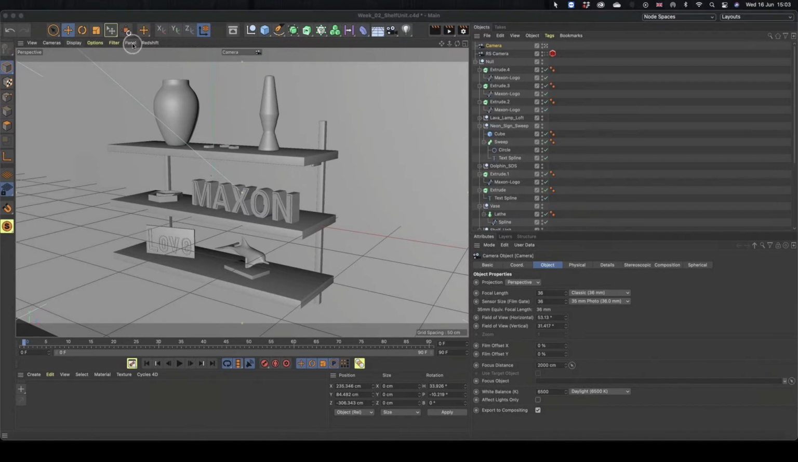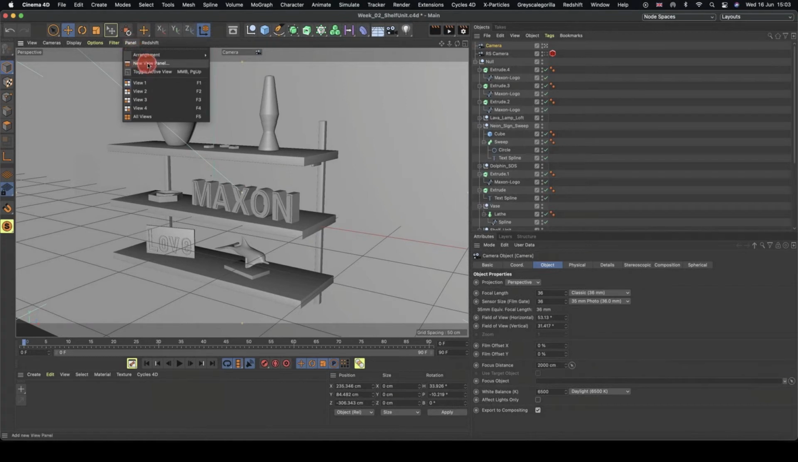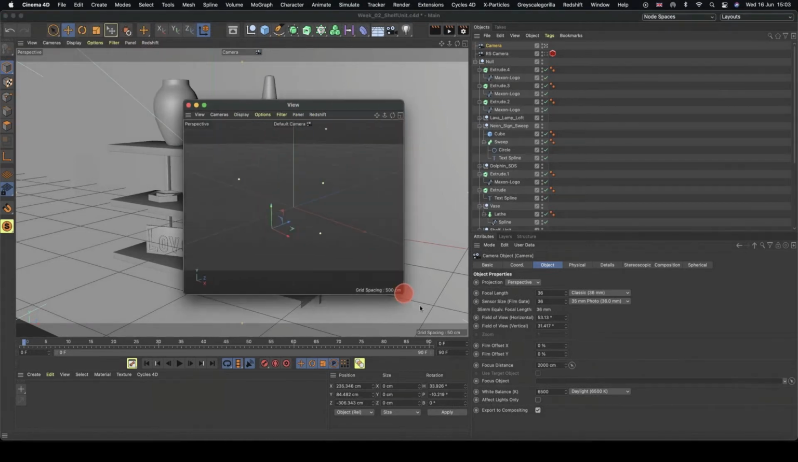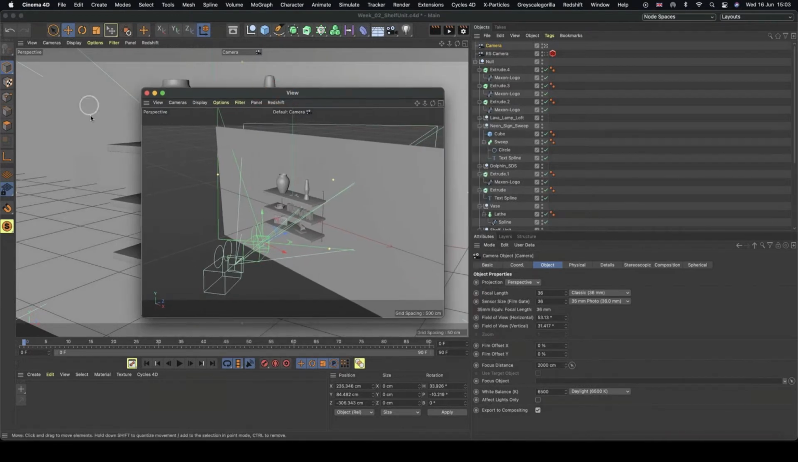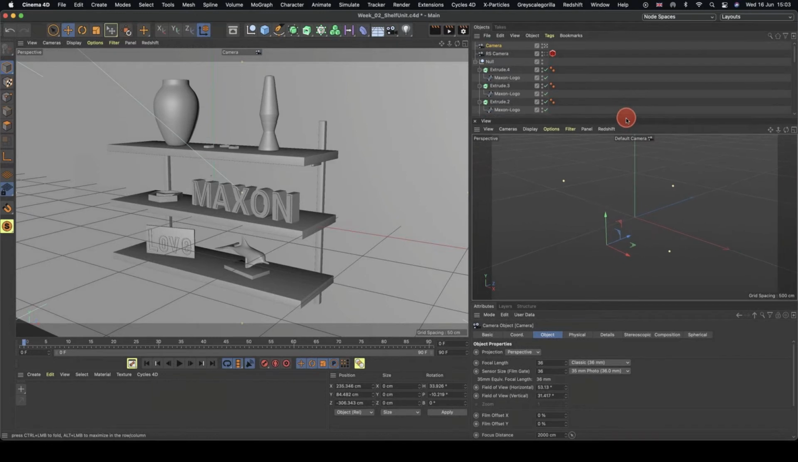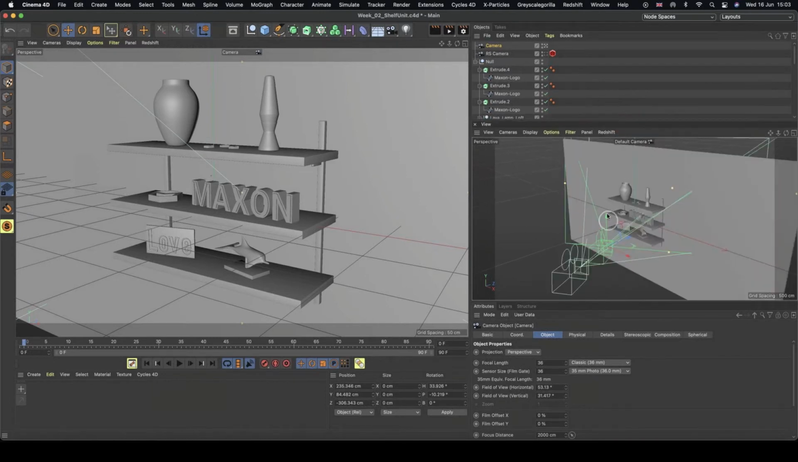So we can come over to Panel, and we can go New View Panel, and it makes this new view panel here, which is the same as our viewport. It's the same perspective view. And so what we can do, we can grab these little three lines here, hold it down, and dock it in here. And I'm just going to make it a little bit bigger,